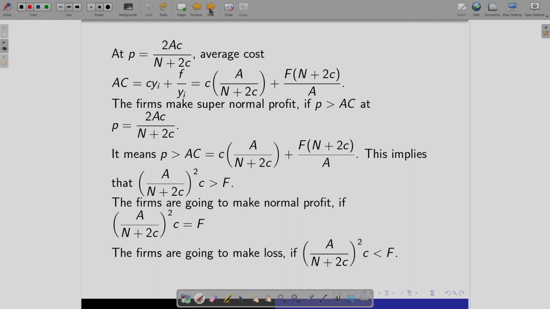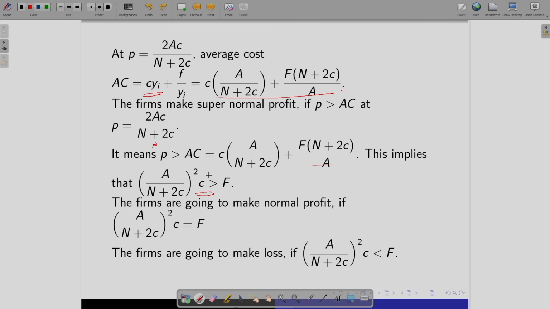Here we can see when a firm is making a supernormal profit: when the price is greater than average cost. Now, average cost in this case is given by this form. Okay. And when we plug in this y1, we get the average cost to be this. And we know the price is this equilibrium price. So, it means whenever this price is greater than this average cost, then the firms are making supernormal profit. So, we simply look at this and we get this,